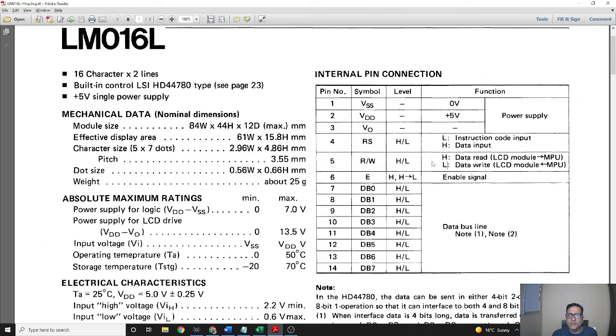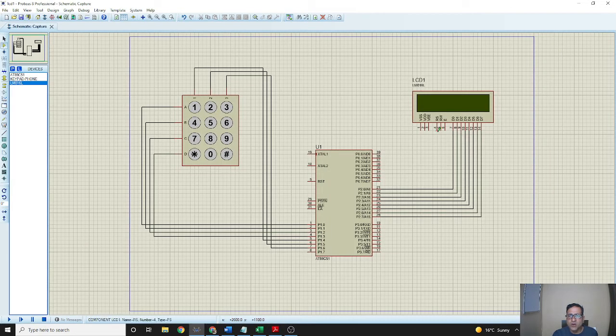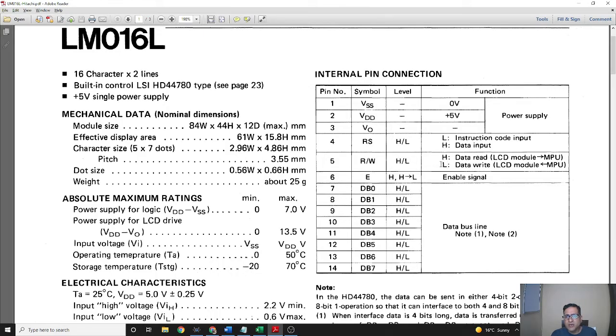So we will take this 5th pin low, or we can ground it. So we will take the terminals. From terminal we will take the ground and place here. Ground terminal, we will go to the terminals and take the ground and place here and connect this 5th pin to low. As I told, in data sheet we can give high if we want to read from the LCD, but our aim is to write, so we will give the low pin.